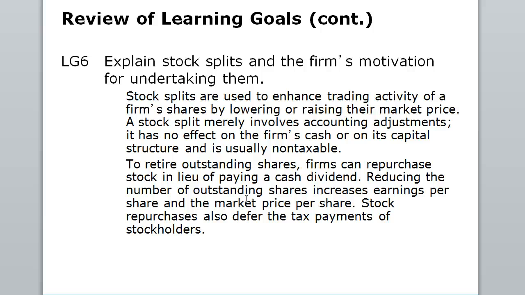So if a stock price gets too high, say $100 per share, they would like to do a 2-for-1 stock split to get that stock back closer to $50 per share, because that generally induces more demand for the stock and pushes stock prices higher. And there's also a signaling effect. When a firm announces a stock split, investors feel the company's management must believe the stock has a strong enough footing to sustain a split and continue to go up. And people, by and large, love stocks that continually split.